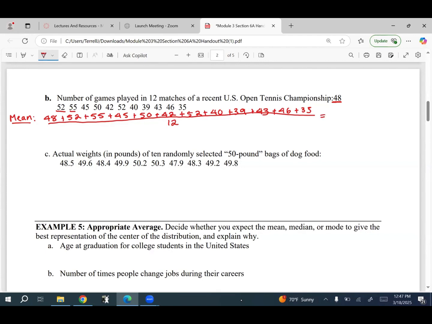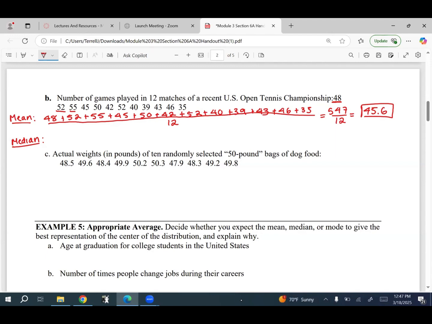So the numerator, when you sum these values, you should get 547 divided by 12. And when you divide that on the calculator, you should be getting 45.6. That would be your mean. Your median is the middle value. But first, you have to put the values in order. So when we do that, we should have